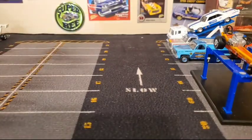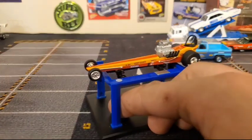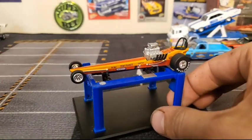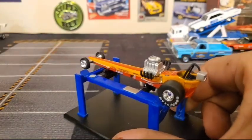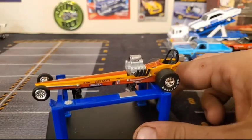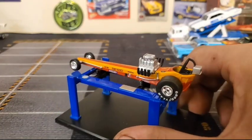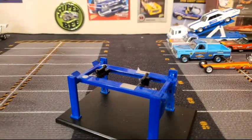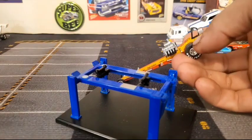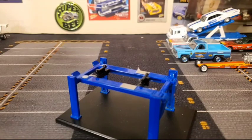So, very cool stuff on the back of our card there. And again, I'm not really going to have room for this in the box. I might have to just wedge it funny. Okay. One more good look at this guy. Really, really cool car. Absolutely love this thing. You can see a little parachute detail on the back of what I guess is supposed to be a roll cage, but it's not really much protection there. Really cool stuff, though. Absolutely love it. So we'll get that one parked up. Wow, the back tires are like super soft. That's really cool. We'll get that guy parked up, and we'll get our